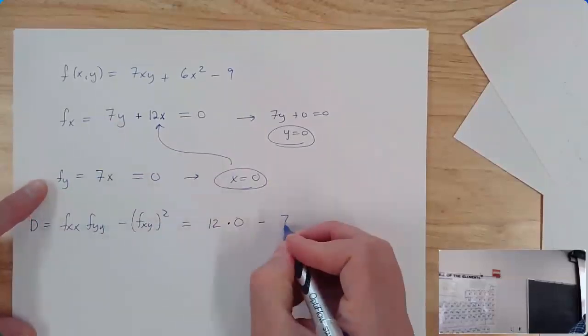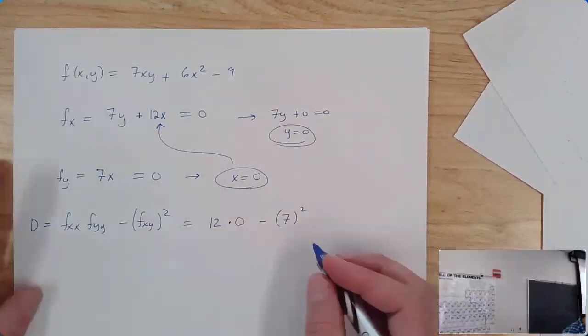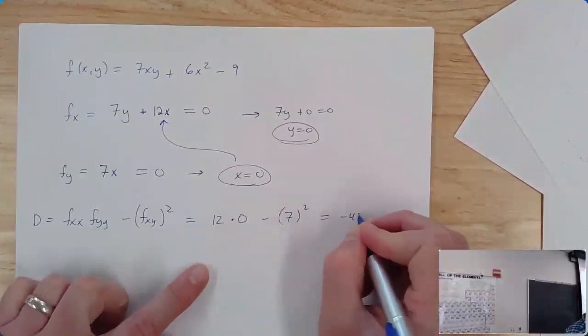It is 7. I should say, not that it's always 100% true, but unless you're encountering some super bizarre function, it should be true that fxy equals fyx. We shouldn't be encountering anything in this class where they are not equal to each other. So if you have fxy not equal to fyx, the first thing I would say is check your work. And the second thing I would say is if you're really convinced they're not equal, it better look super freaky. And come see me because it's probably not. So here we're going to get -49, which means we have a